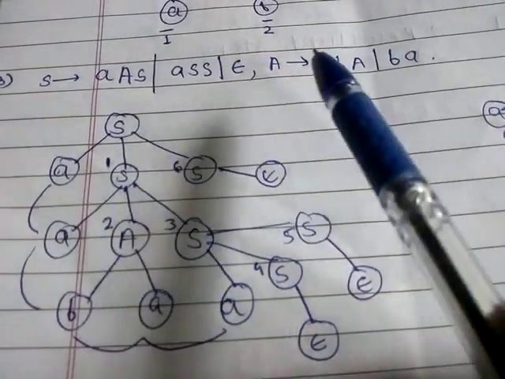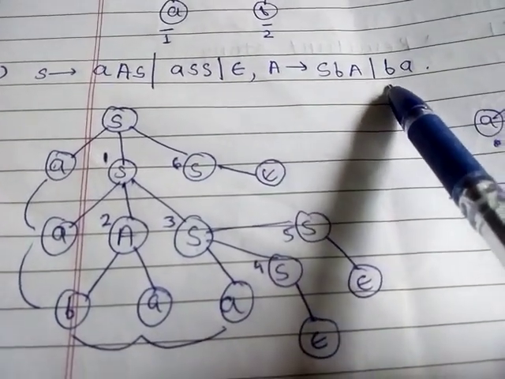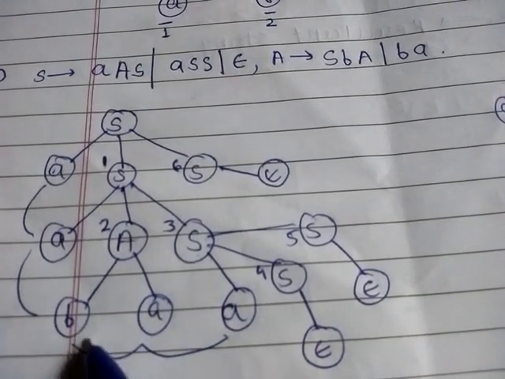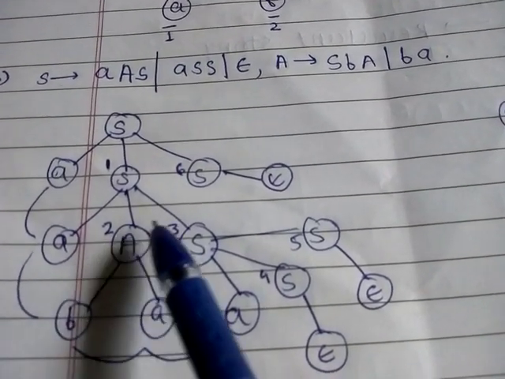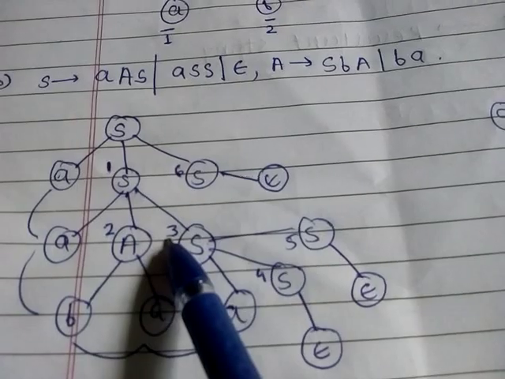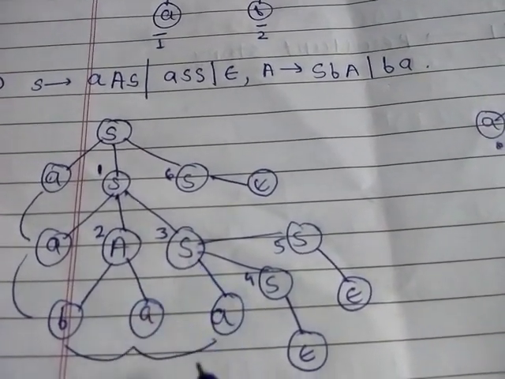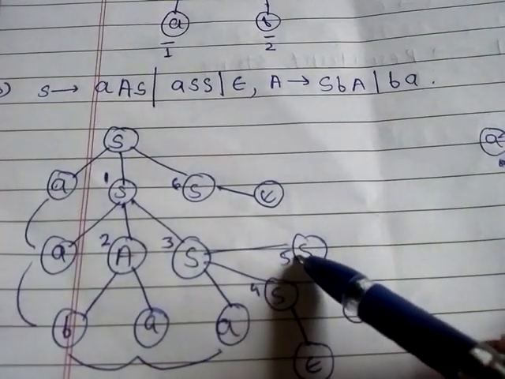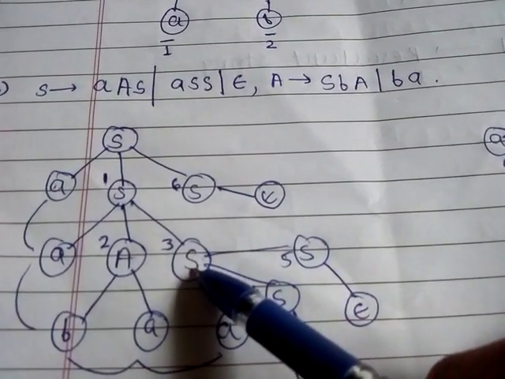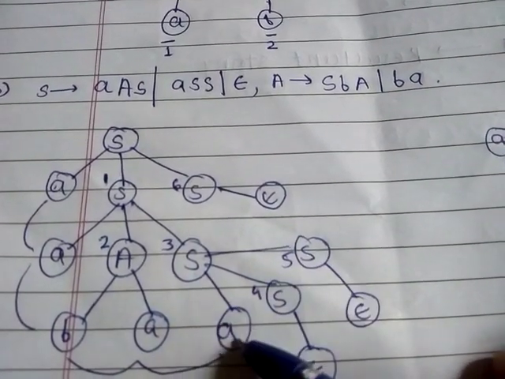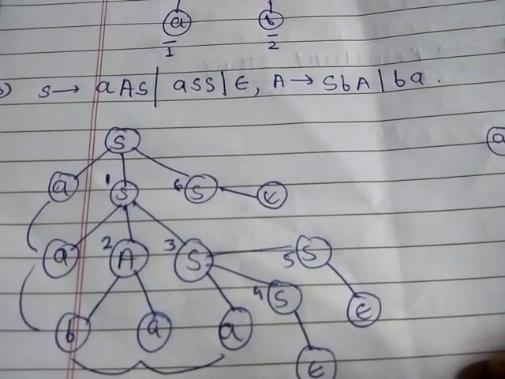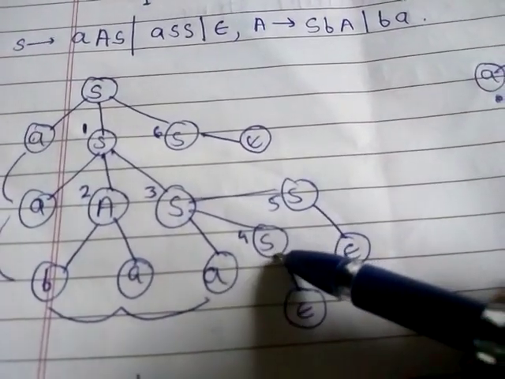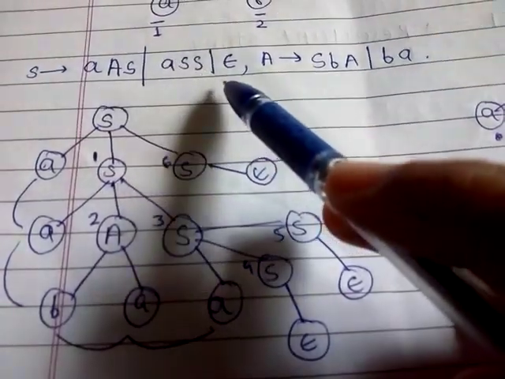For this A, I have two productions. I have chosen this production, that is B and A, so by applying B and A, terminal symbols are formed. Next, I am executing these 3, so I have written here 3. For this S, I have applied ASS, that is A, S and S. For this node, there are 3 elements. This non-terminal symbol is already executed. So in between 2, on the left side, I have chosen this. For this S, I have epsilon.